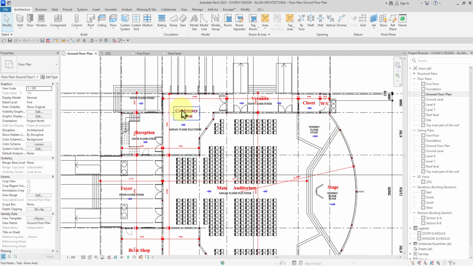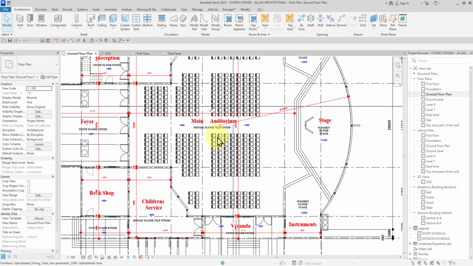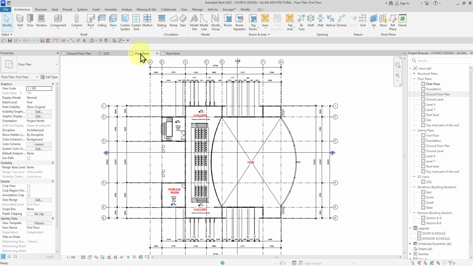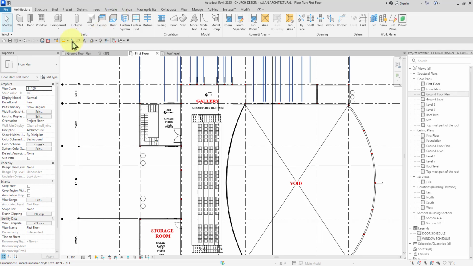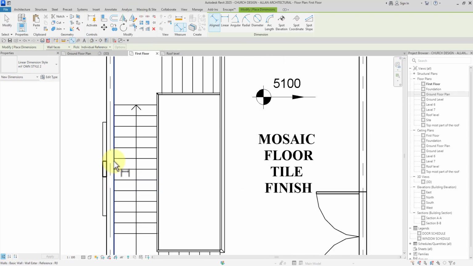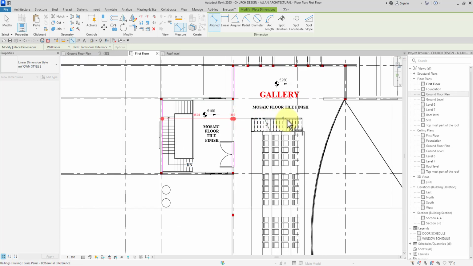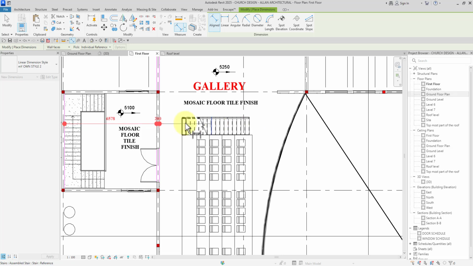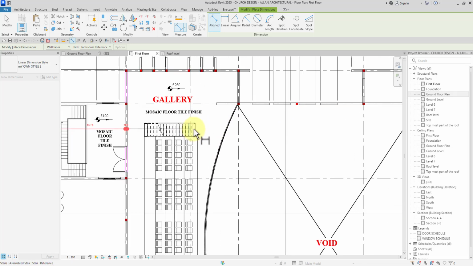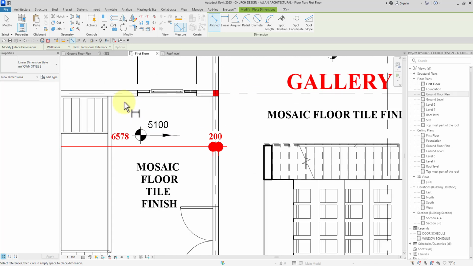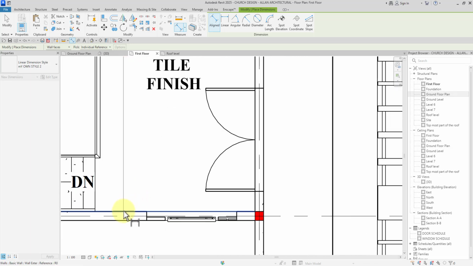All right, so we've dimensioned basically the stuff we need to dimension now in our auditorium. So I'm going to head straight onto the first floor plan, where we are going to be dimensioning the internal spaces as well. All right, so we're going to click right here and click right there, click right here, and I'm going to move that to somewhere. I'm just going to drop it right there, and let me just get the dimension for this piece, and then